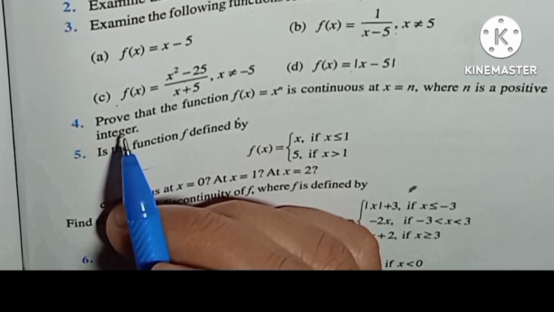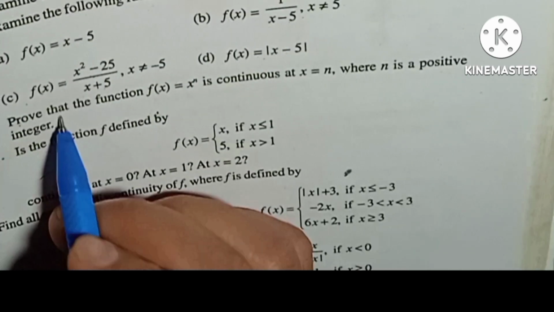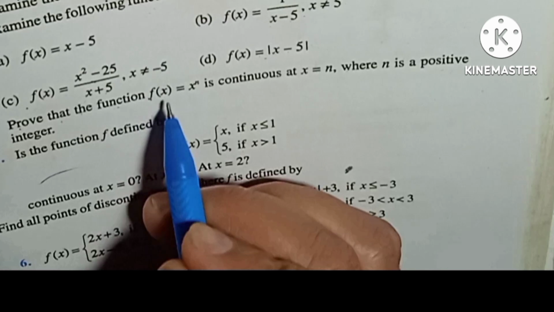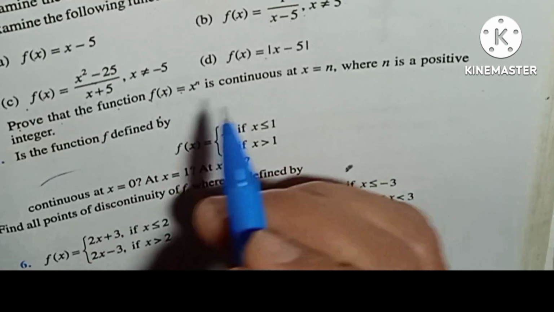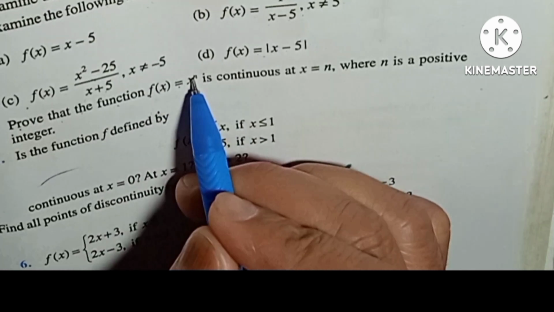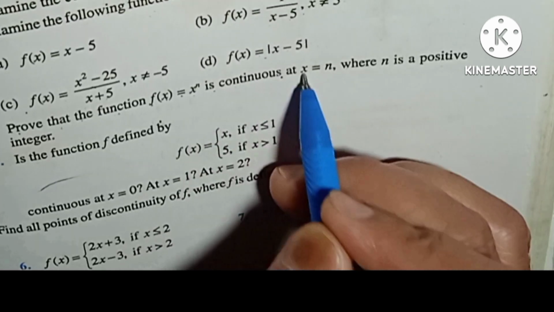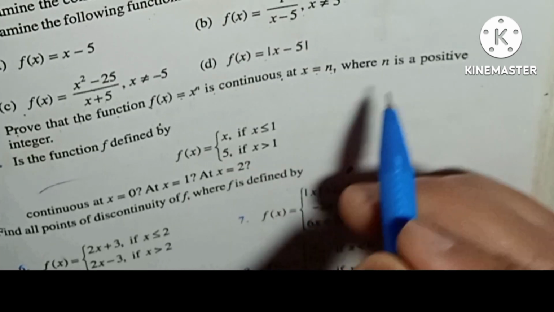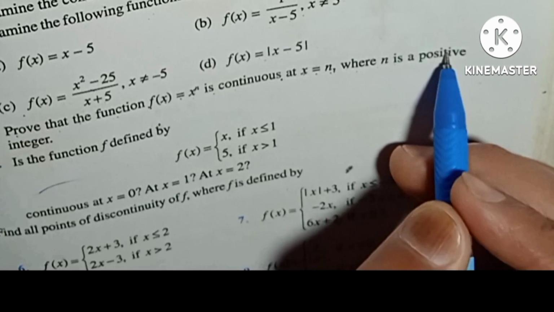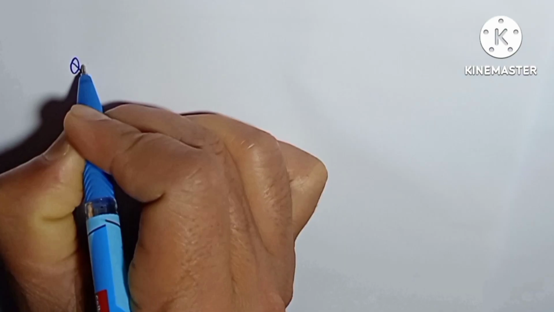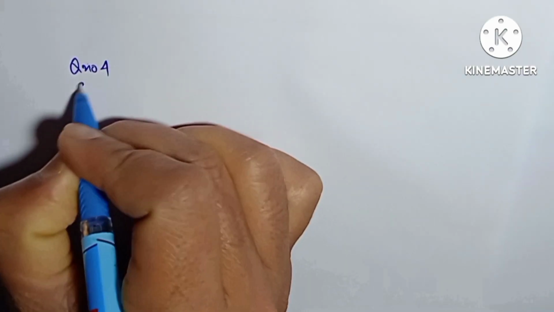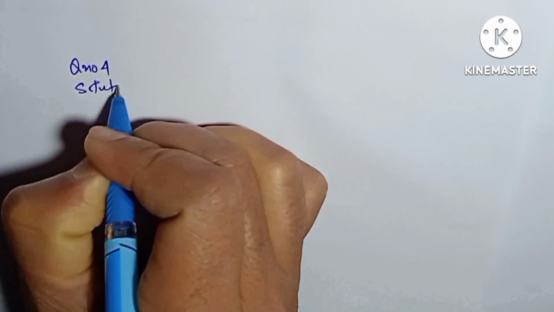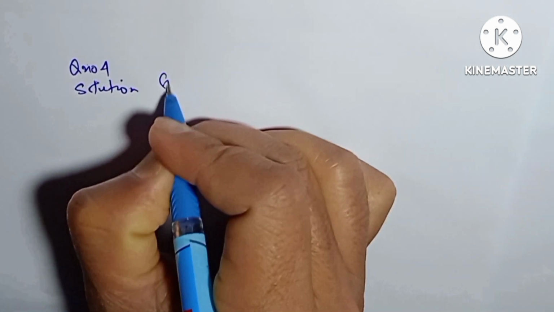Number 4. Prove that the function f of x equal to x to the power n is continuous at x equal to n, where n is a positive integer. For solution, given that